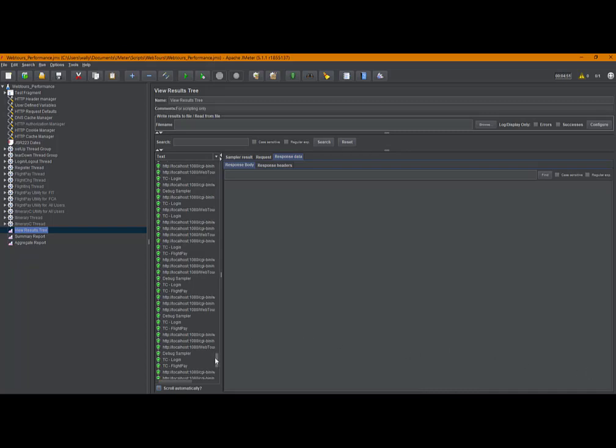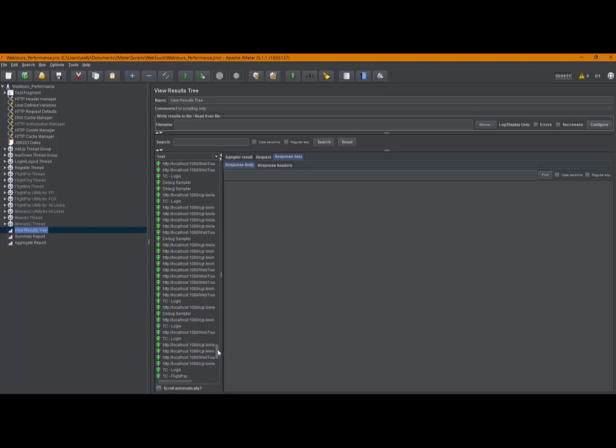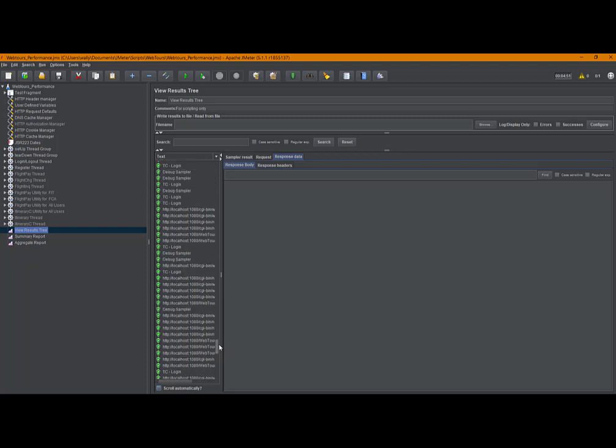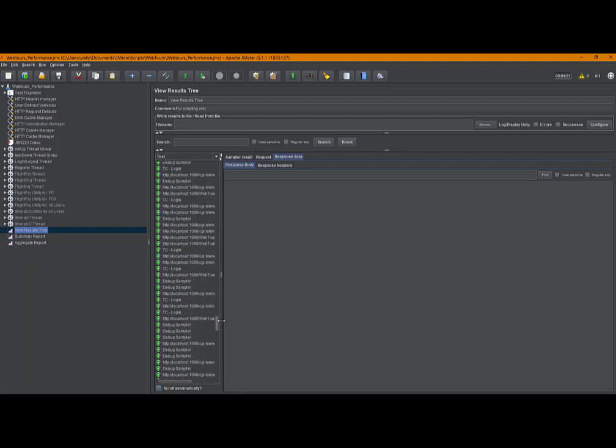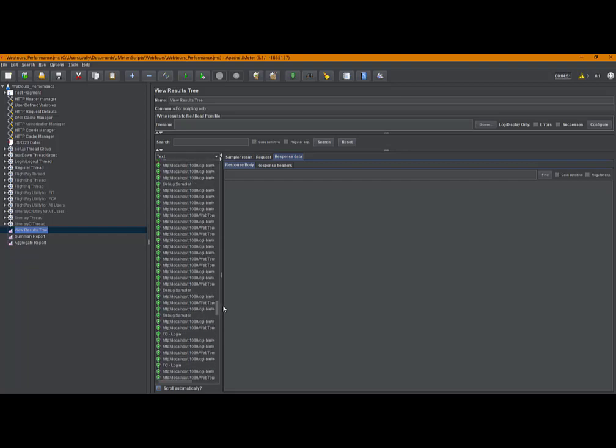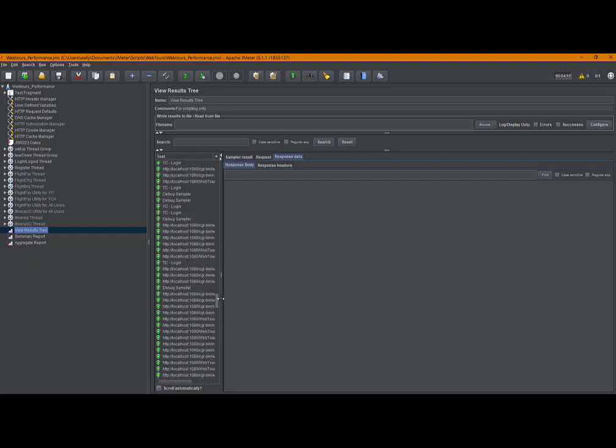Okay, it finished, and you can see on the screen right now some of the flight pay, those are the reservation creation processes. And so those were the last part that came from the teardown thread group. And if I scroll up a little bit, you see a bunch of TC logins. Those came from the login, log out thread. And if I scroll up a little further, we should see some of the,